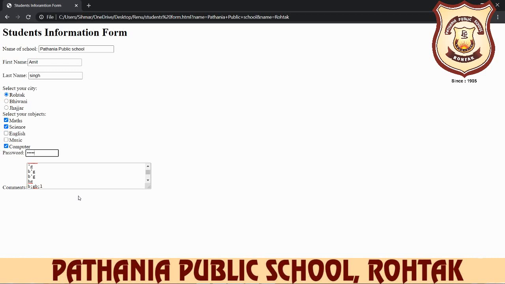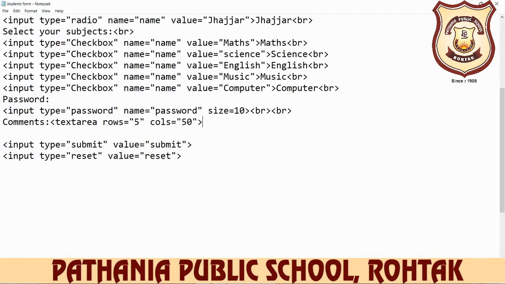Okay, but everyone listen here, one point: text area is a container tag, so you need to close this text area. So after this you write down here, for example, first we write down one more attribute, name.